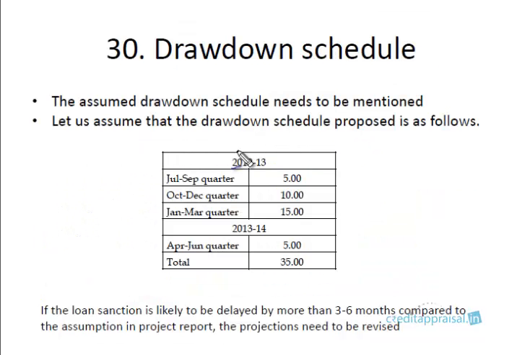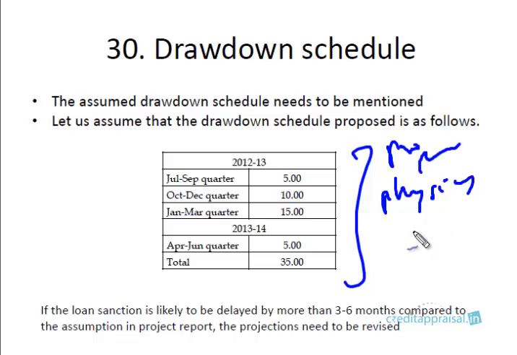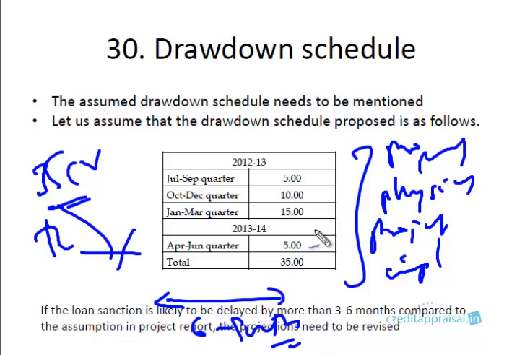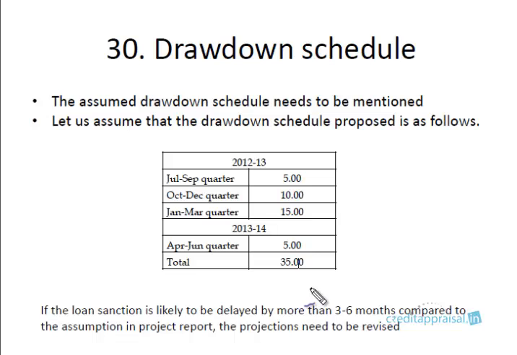Then we need to look at the drawdown schedule. You have to mention this in your process note. Drawdown schedule is basically how much the company plans to draw, because this will be linked to the proposed project implementation, which will be based on so many months, 6 months or 9 months. So accordingly, the draw will happen. It's not like the bank will give a 35 crore term loan today and the company will draw the entire 35 crores today. It's not going to happen like that, because the disbursement will be in phases, based on the actual progress of the work. So this is the likely drawdown the company is proposing. This you have to match with